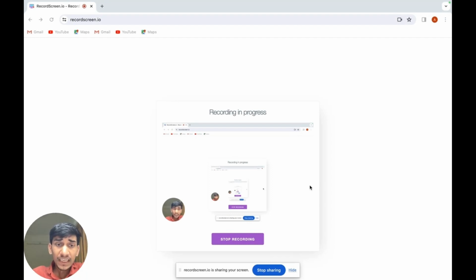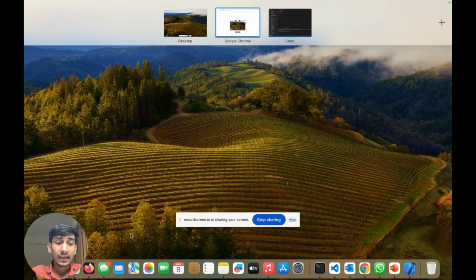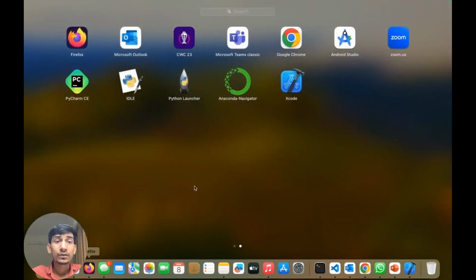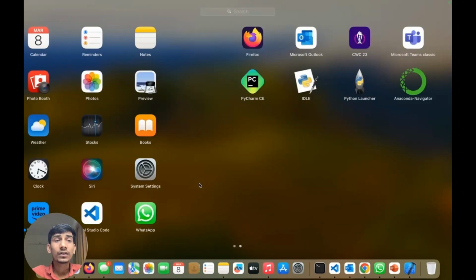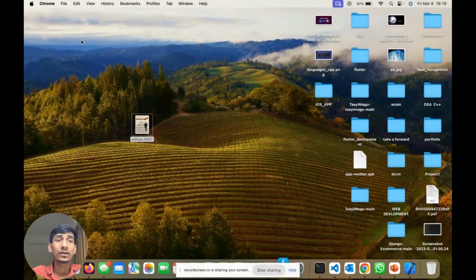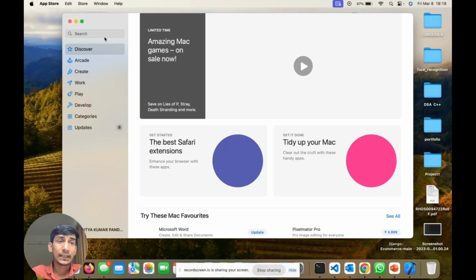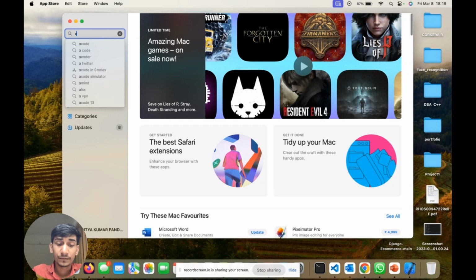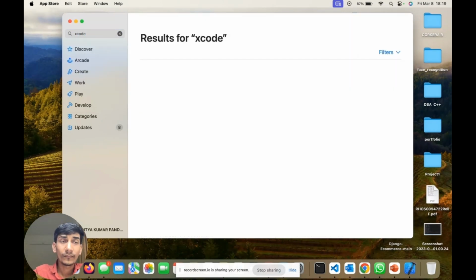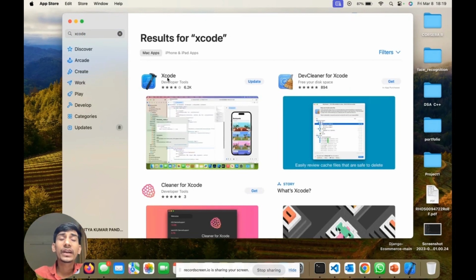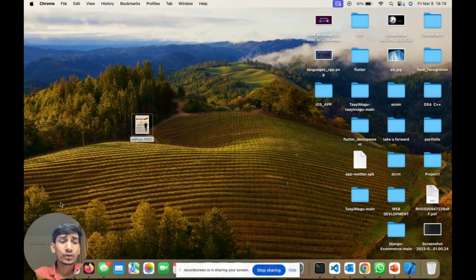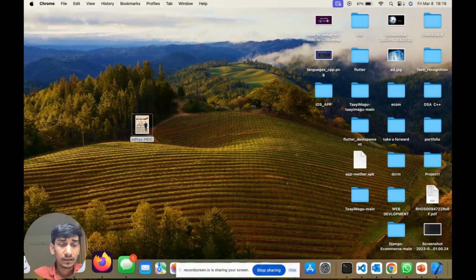In the first step, I'm initially going to download Xcode. For downloading Xcode, we have to go to the App Store. So click on App Store, go to the search bar and type Xcode. From here you can download Xcode, or you can go to the website called